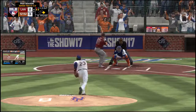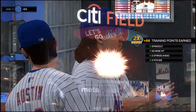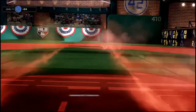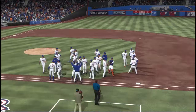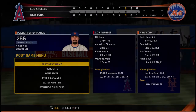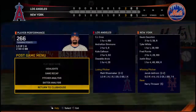Has them down to their final strike. Here it comes. And he struck him out for out number 3. So that'll wrap things up here as they leave the possible tying run stranded at first. This one, definitely a low-scoring affair as we get one last look at our final line score. And, fellas, when you're on the big stage here at the World Series, you want to make sure you bring the A game. And this man right here certainly did. He's our